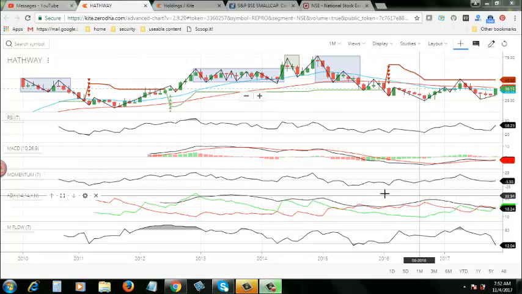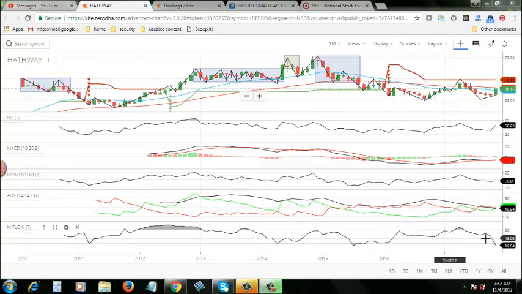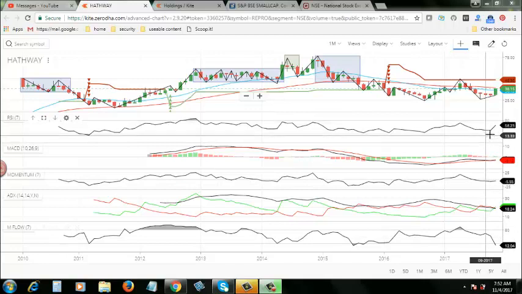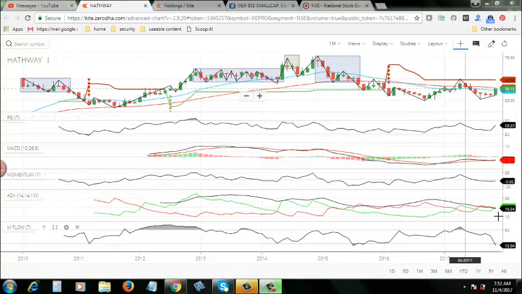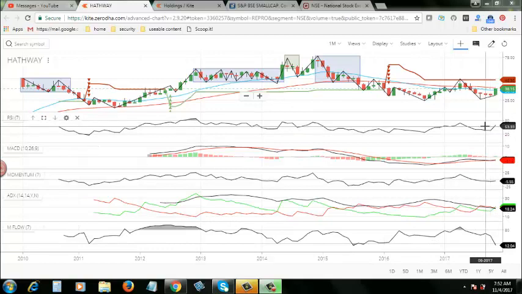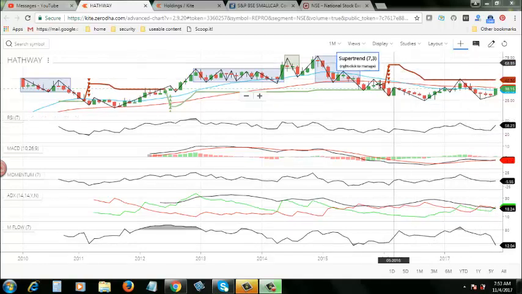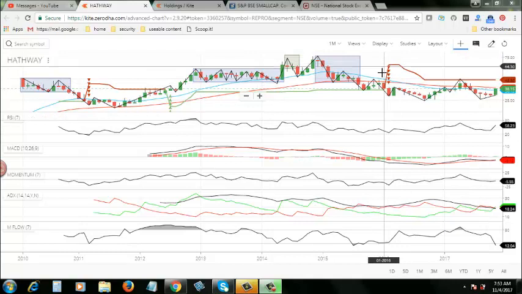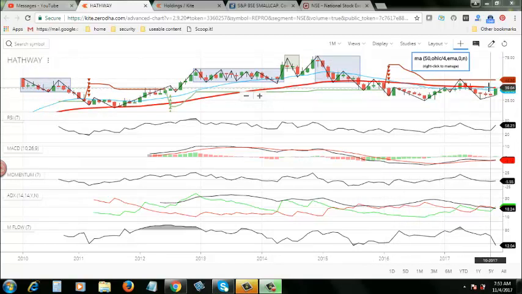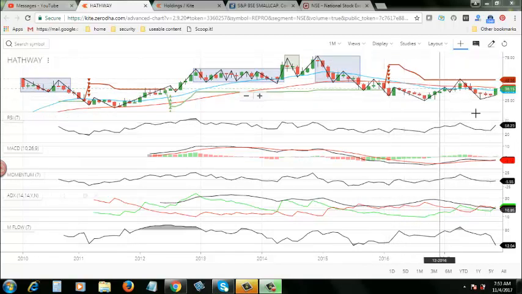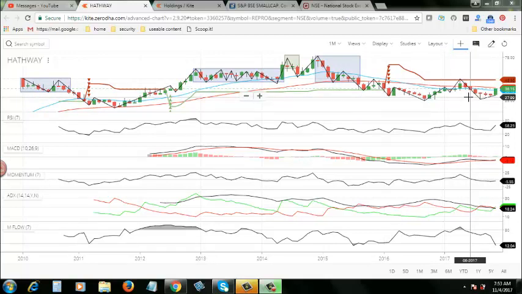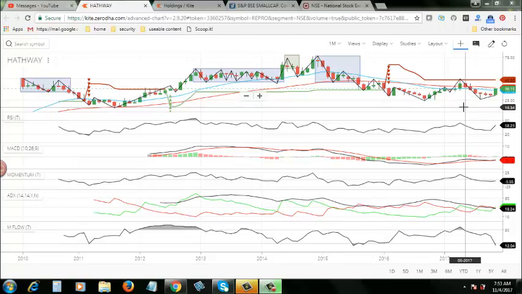ADX, the direction strength of the stock, is going down, and the money flow is literally crashing below. Except for the RSI, all remaining technical indicators are in a negative mode. The stock is under the influence of negative super trend mode, and the stock is playing below the 50-day moving average. Considering all these things, I stick to my earlier conclusion that the stock is not good for long-term investment at this moment, unless some positive change happens,